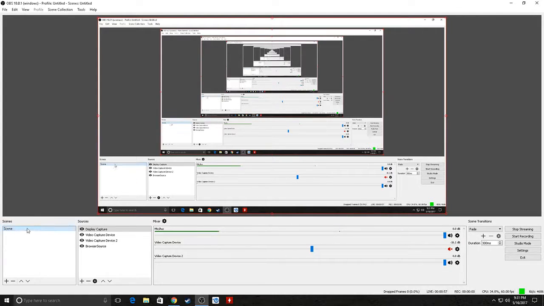And then in your scenes, this is where you can basically, if you do certain games and you have different settings for different games, you can have different scenes saved, and you can just click on that scene and you won't have to go back and reset up everything